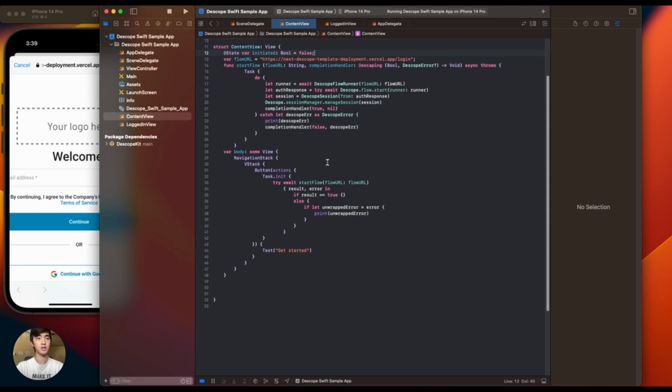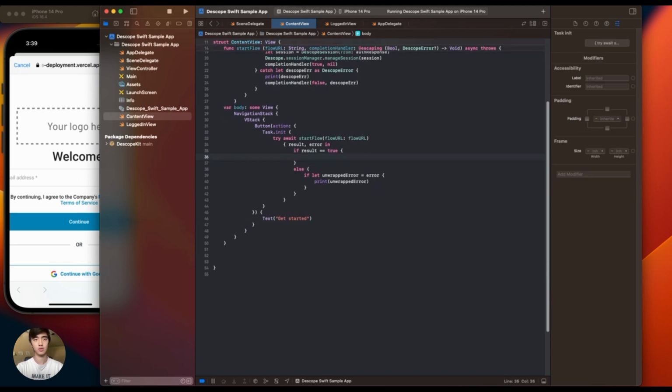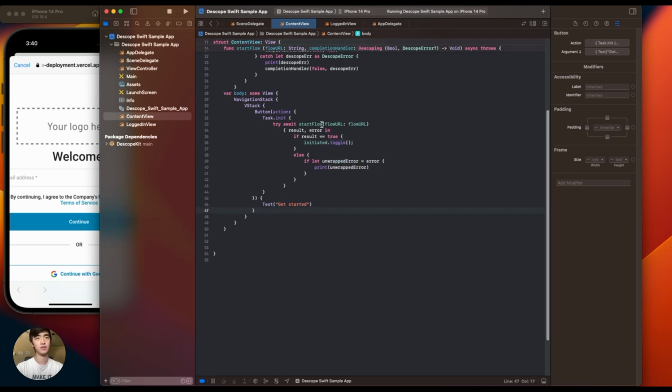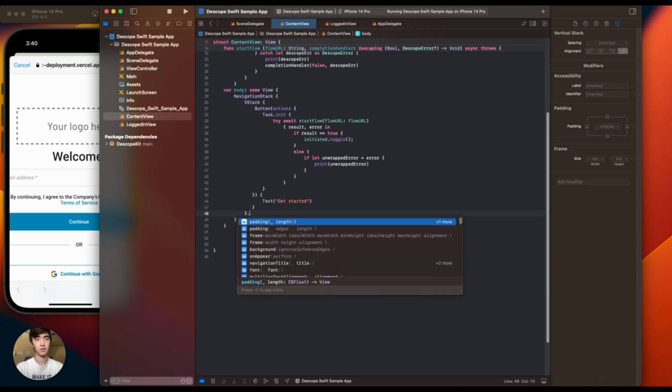Set it to false initially, and then we'll go into the section where the result is true, the result from the flow, and then we'll want to toggle it to true. So after the flow finishes and there's no error, initiated will become true, and then we can